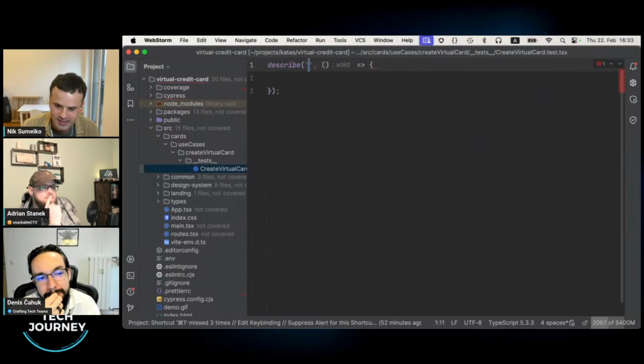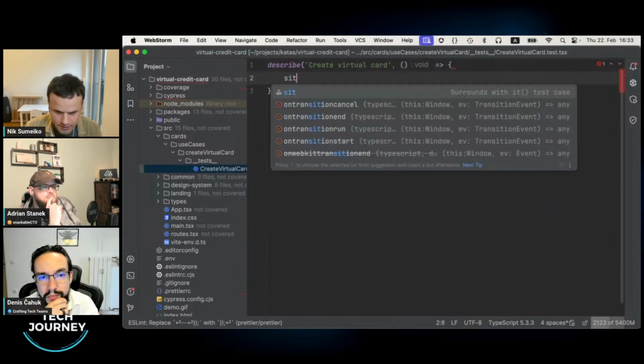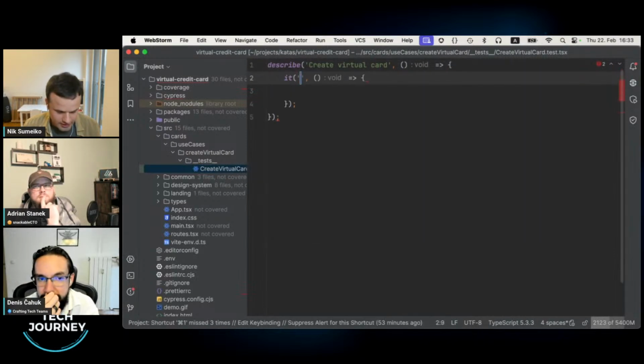Cypress component testing. And that's very similar syntax like Jest or Vitest or so, but some caveats are different. It's much more declarative, whereas Jest will give you a little bit more freedom. So here in the description of my particular test, I want to explain my user journey.